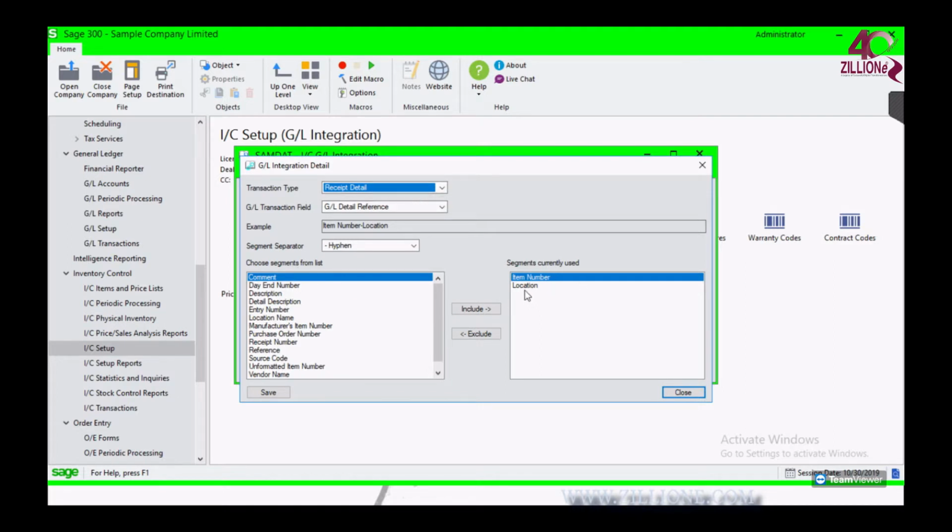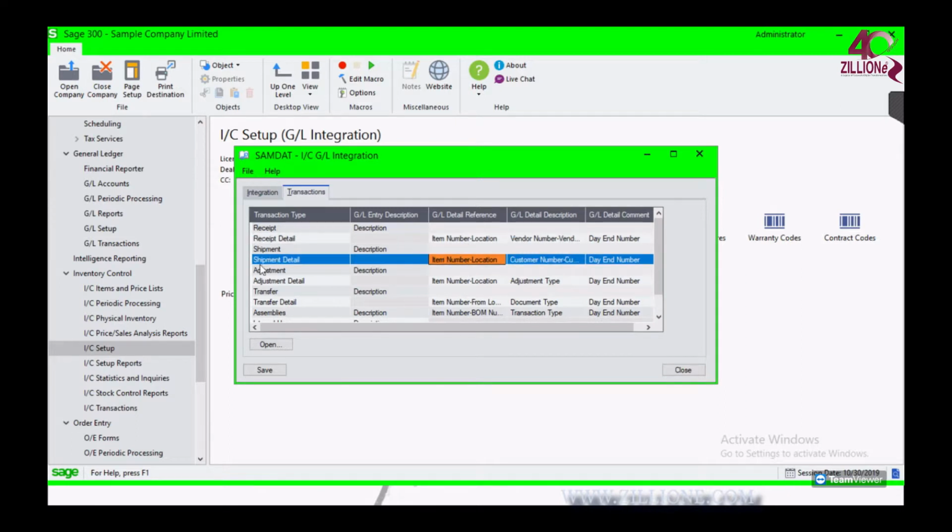These things can be changed at any given time, but always this will have an impact. Let's say you are making any change to a GL integration for a certain transaction type, that will impact from the next transaction that you do. But this will not impact the past transactions which you have already posted into the GL. So you can link whatever necessary information you want to monitor within the GL entries. You can set it up in here, and that will transfer the necessary information into the GL entry,